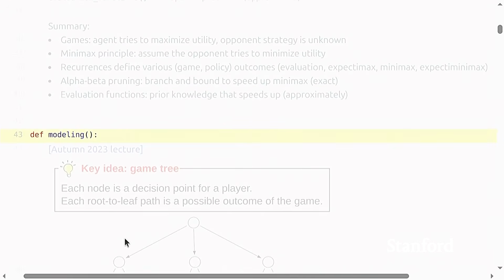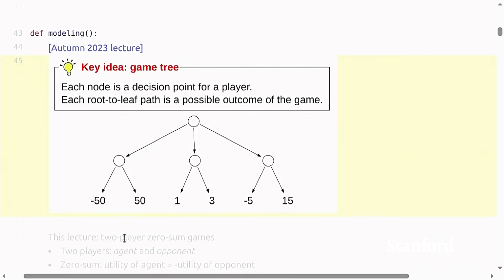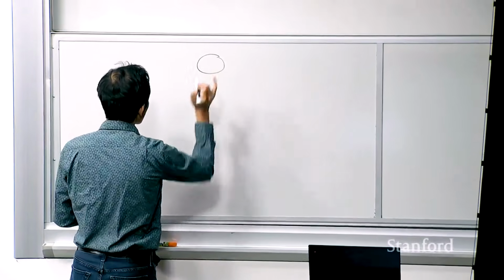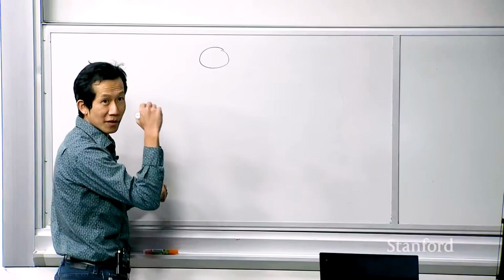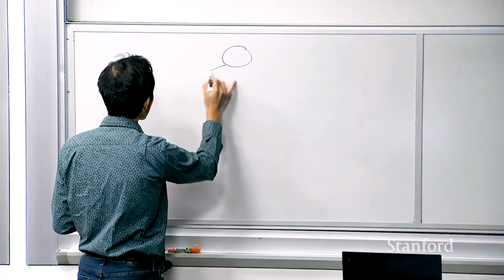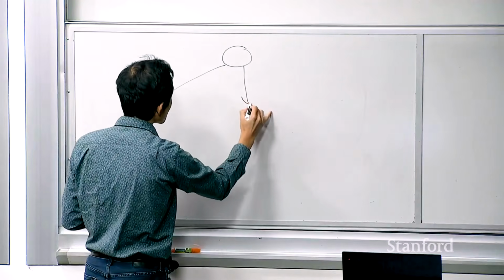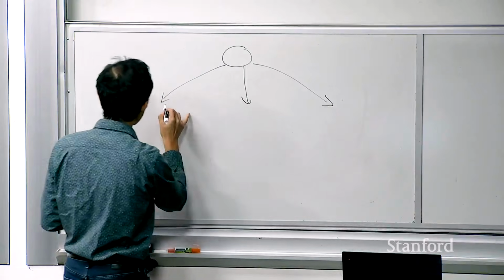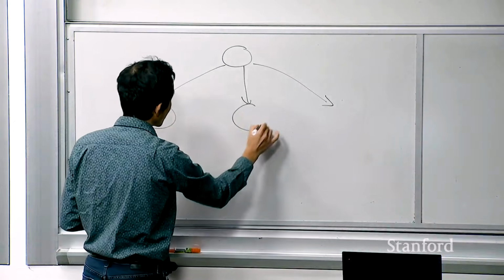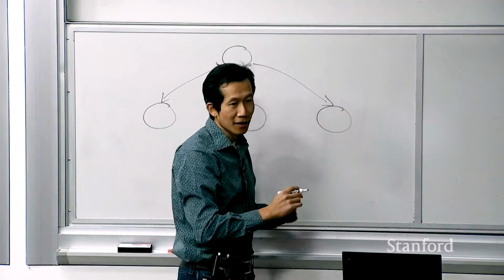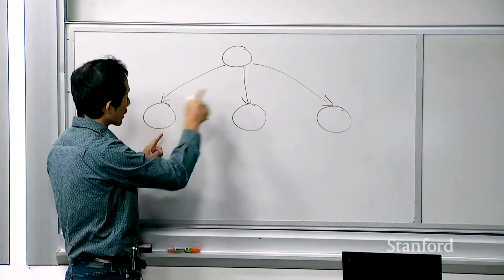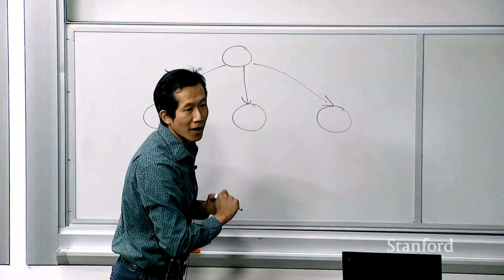Okay, so let's start with the notion of a game. The key object you should have in your head is a game tree. I'm going to use this example throughout the lecture. So let me just draw this on the board. The root of the tree is the starting state of the game. And each edge coming out of a node is a particular action that can be taken. In this case, you can go A, B, C. And